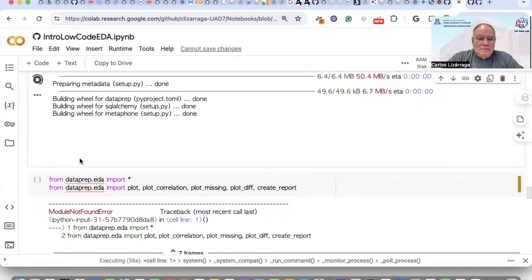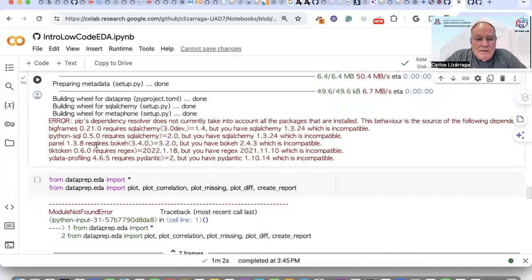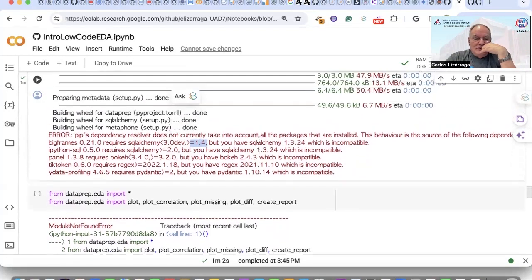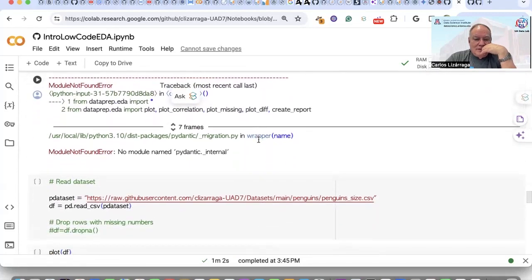I think it's going to fail. Yes, error. Okay, something has changed since the last time. It's requiring specific library versions for SQLAlchemy. It's requiring something equal to 1.4, but I have SQLAlchemy 1.3, which is incompatible. Then if I try to install this, probably something else will be in conflict. So my best recommendation is just to give this up and try a different